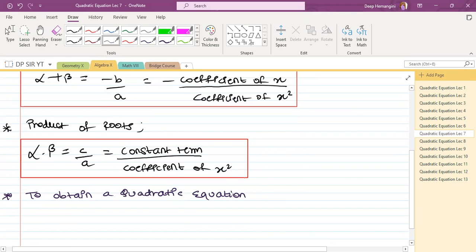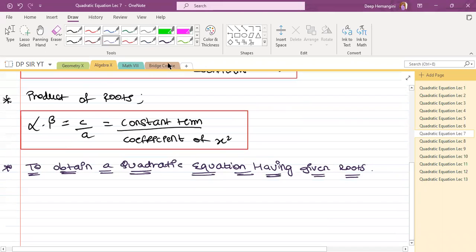To obtain a quadratic equation having given roots. So I hope at least this much is clear up to now. अभी सपोज रूट्स दे दिया है तो हम लोग क्वाड्रेटिक इक्वेशन कैसा निकालेंगे वो रूट में से वो अपन पढ़ेंगे. ठीक है. So see to it your concepts are very clear. And now I won't use any shortcut. I'll be taking it in very detail so that you understand the concept behind it.